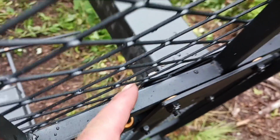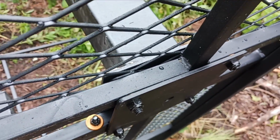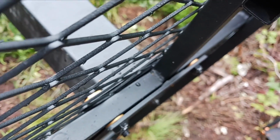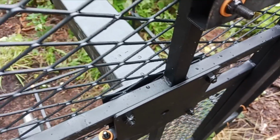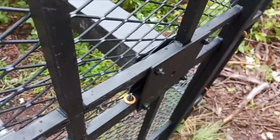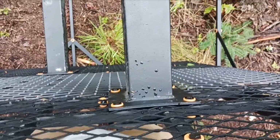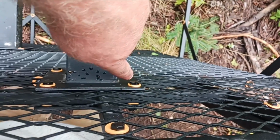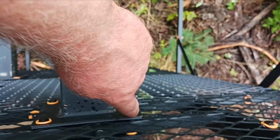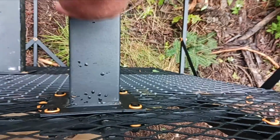You want to make sure... oh, I put them in the wrong spot. That one's already tightened. Oh well, it is what it is at this point. But anyways, I screwed up right here, guys, but I'm going to go with it. At this point, they're already tightened down. See, this is wrong. This is a good example for you all. This is wrong. Them orange spacers should be between the metal platform and the bottom of the metal base to